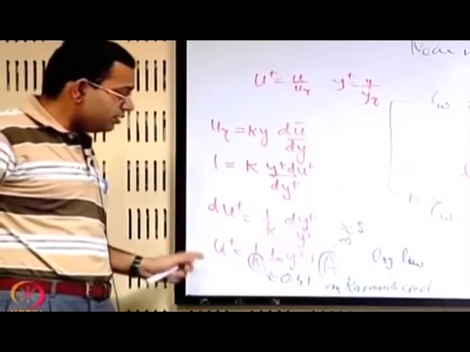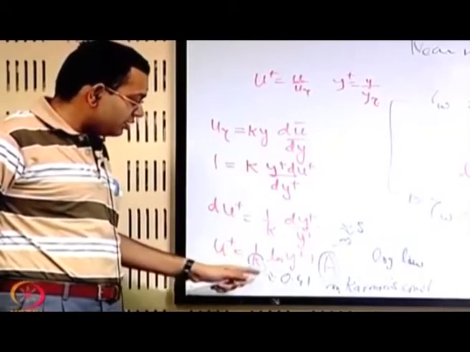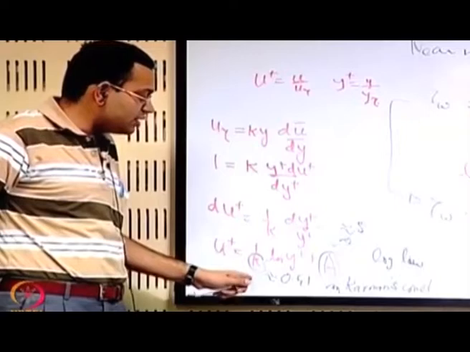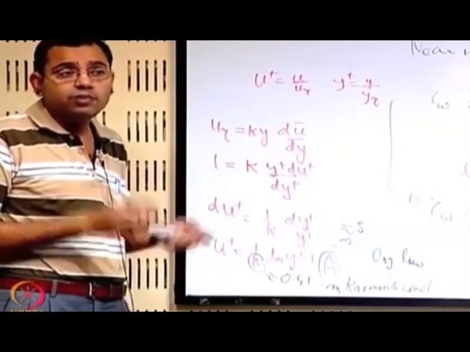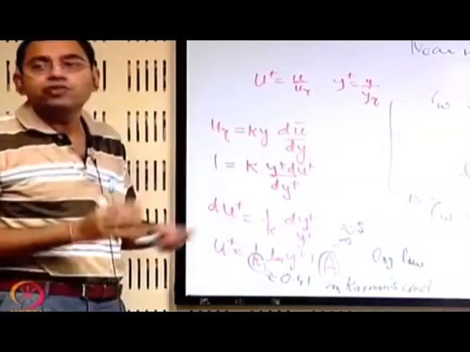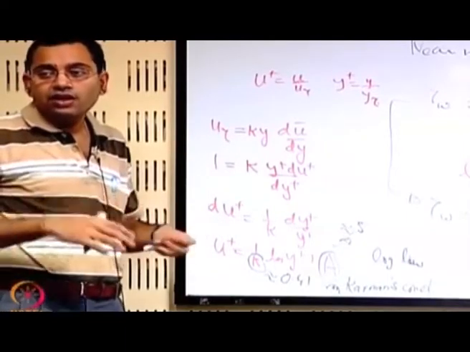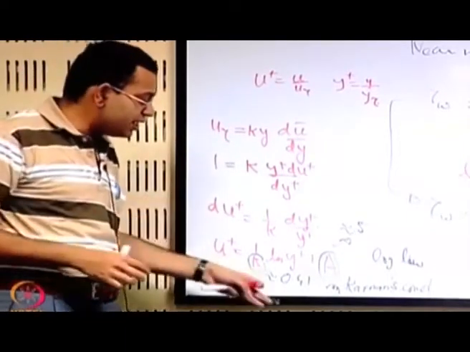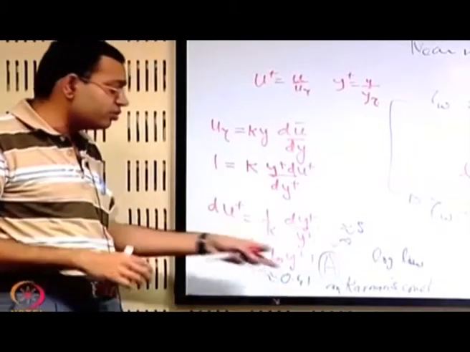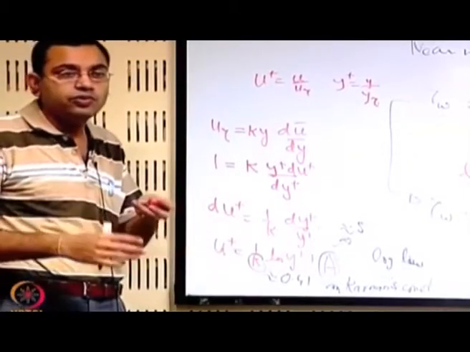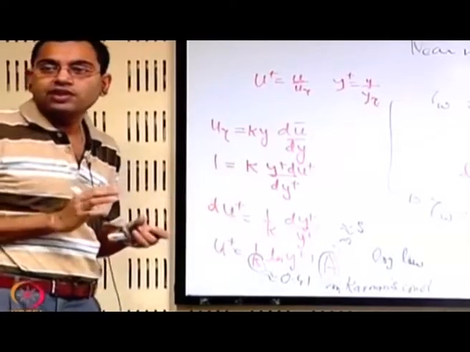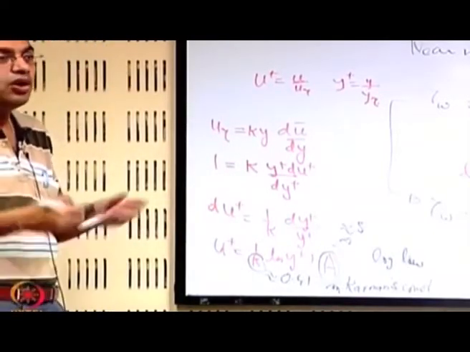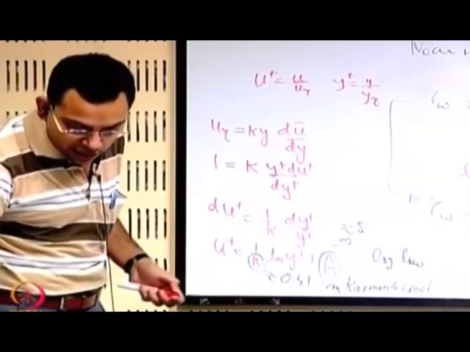And this law is having this constant kappa, which is sort of universal. So it is like a universal constant, but not a fundamentally derived universal constant, but all the experiments have justified it. Of course, there have been people who argued that it could be 0.39 or 0.4 or 0.42 or whatever, but roughly 0.4 is something which has been obtained from all experiments, and that is one of the very remarkable things.